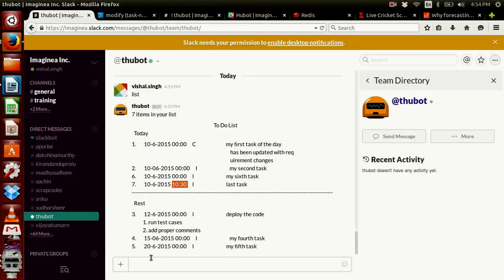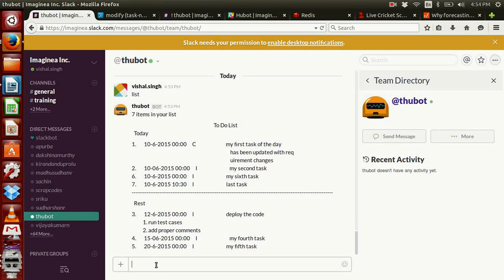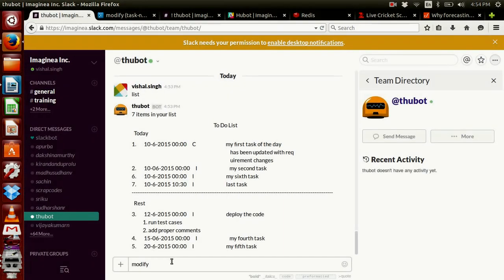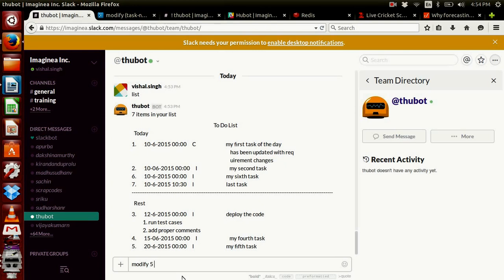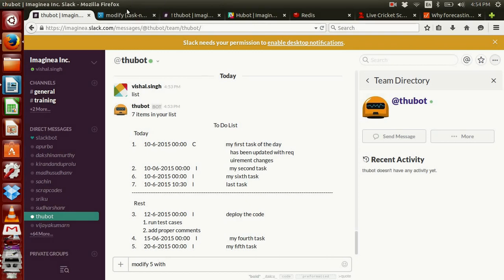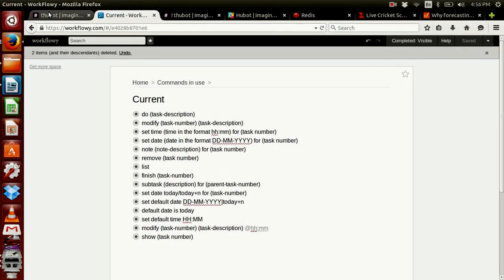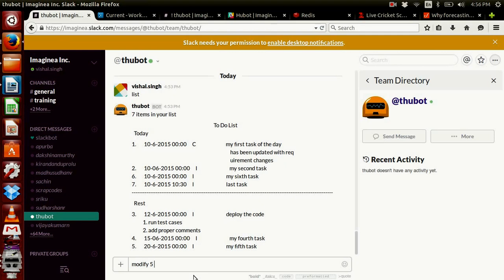If you want to change both the description and time, then we can use this command: modify 5 task number with updated description at, suppose, 18:25.